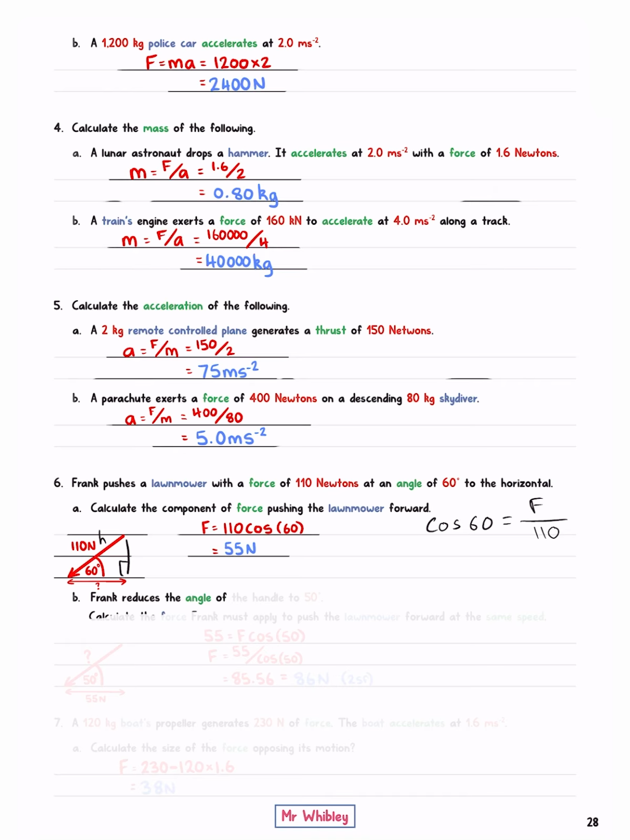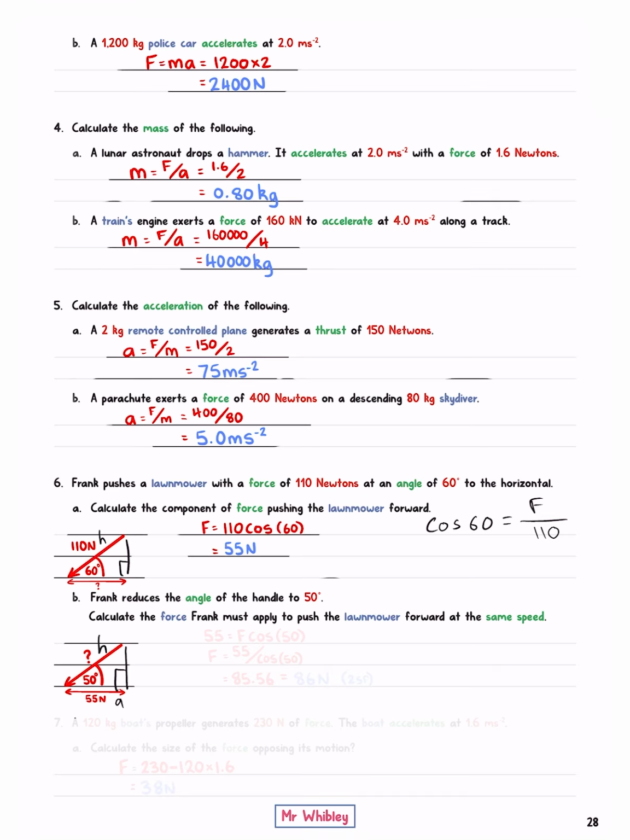Frank reduces the angle of the handle to 50 degrees. Calculate the force Frank must apply to push the lawnmower forward at the same speed. For the lawnmower to be going at the same speed, it still needs to have 55 newtons pushing it forwards. We therefore now have the angle, and we're trying to find the total force. This is once again our right-angled triangle, where this is still the adjacent, but we're now trying to find